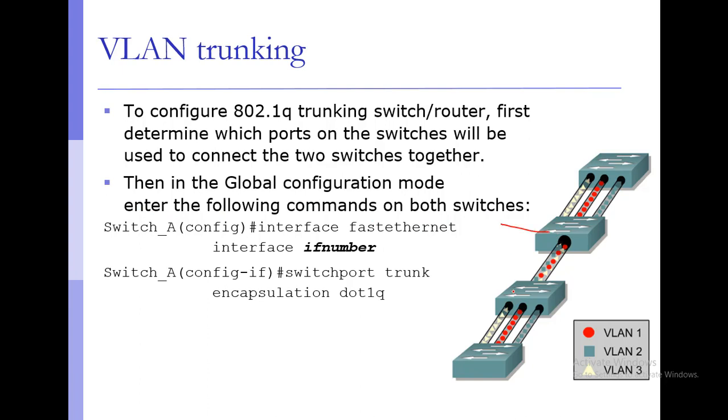You can see that we are basically trunking. Let's say this is switch 1, this is switch 2, this is switch 3 and this is switch 4. So you have to apply the configuration on both switch 1 as well as switch 2, because you see that trunking is only applicable on this side, from this to this. So this is the global configuration mode, and in this place you have to type the configurations and make the interface and interface number.